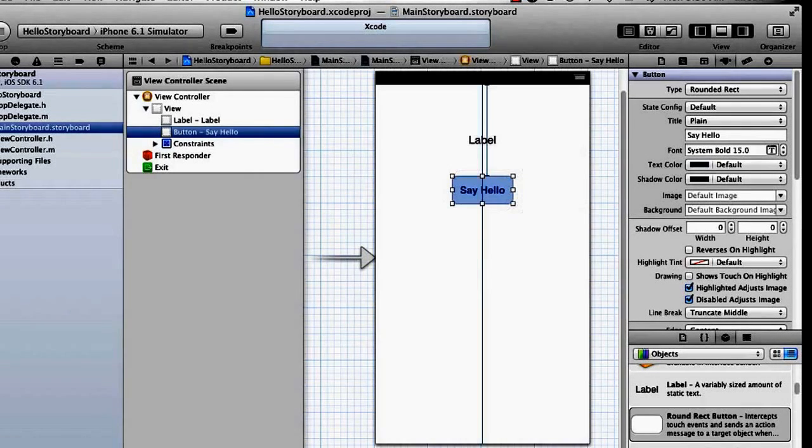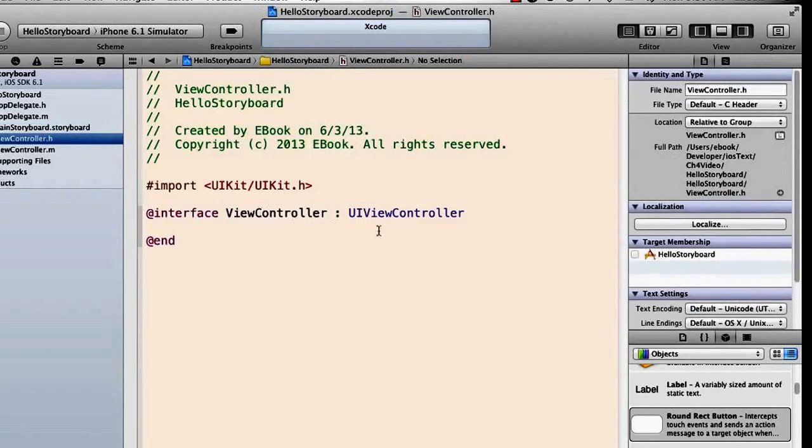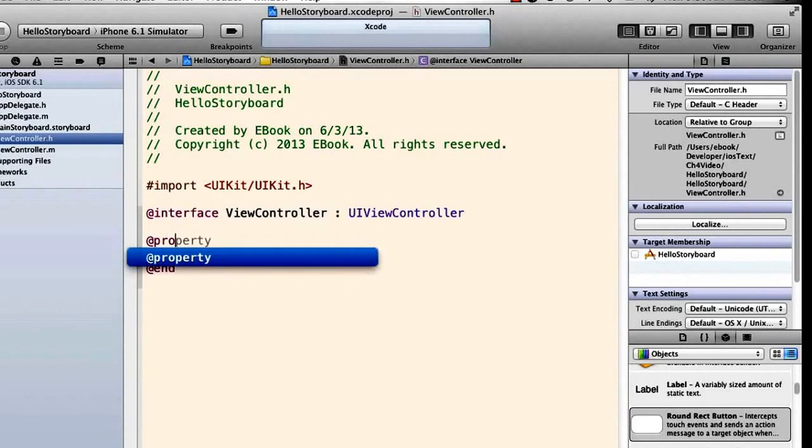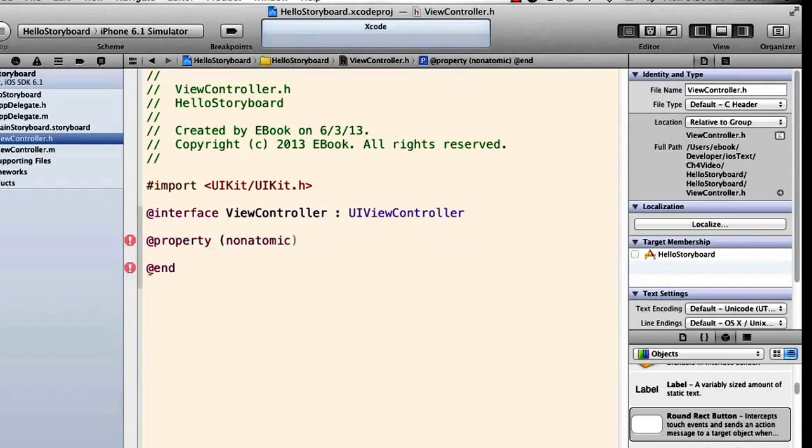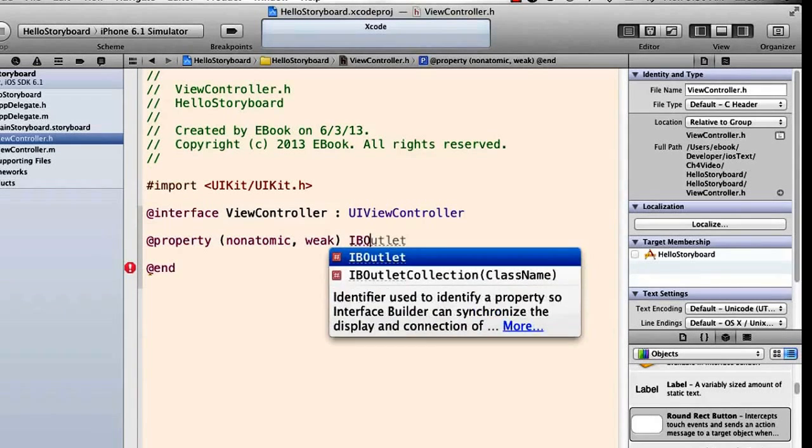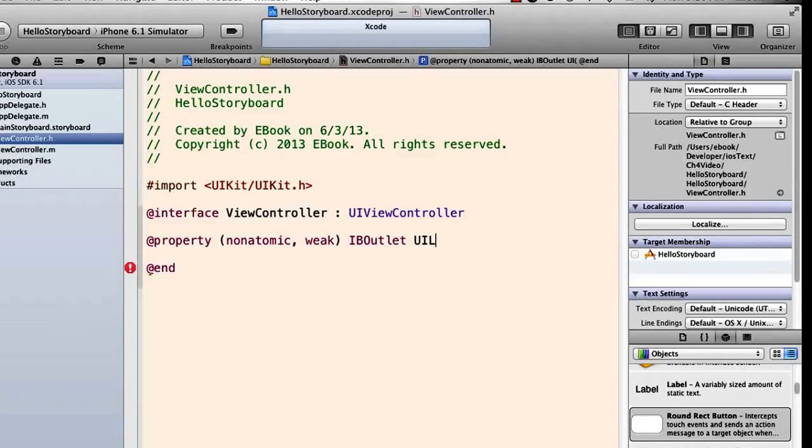say hello. And then in my view controller, I'll need a property. Now this will be the outlet property for the label. And so outlet properties we know should be nonatomic and weak. And it will be IBOutlet, UILabel, and it's a pointer, and we'll just call it